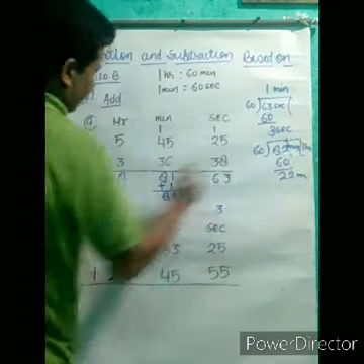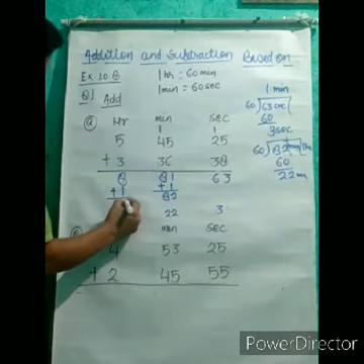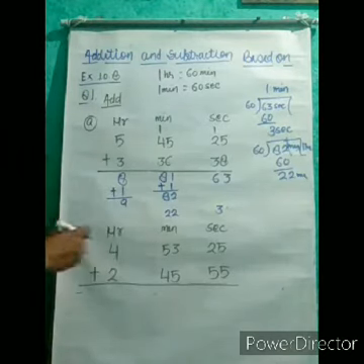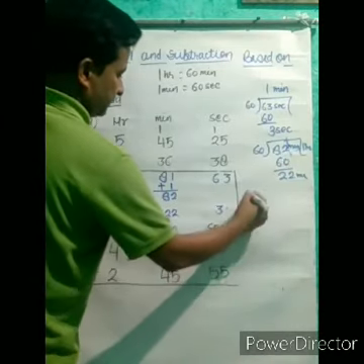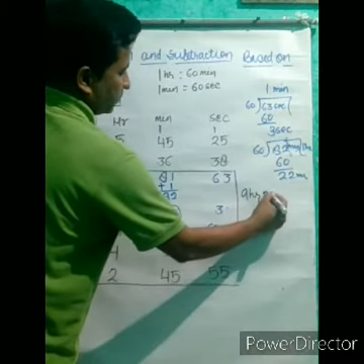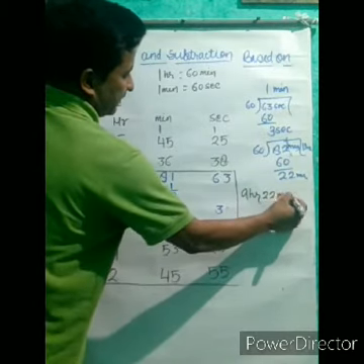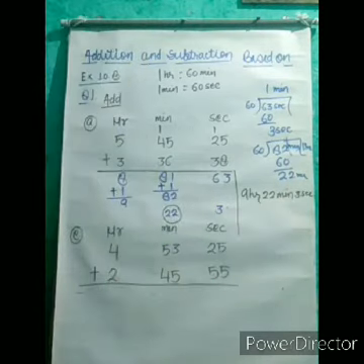how many times did you divide? 1. So 1 hour you can add to 8. So here you will get 9. So your answer will be 9 hours 22 minutes and 3 seconds. If you did not understand, one more question is here.